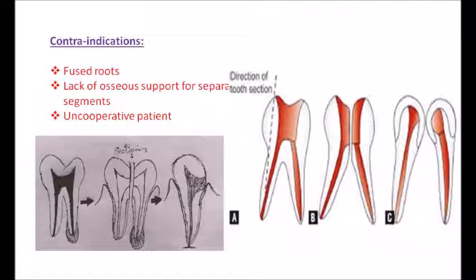So this completes the endodontic surgery part, where I have been talking about all the flap designs, and some points on other aspects like apicectomy and hemisection. The details about all the flap designs, why they are important, what things we should take care of, what the principles are for flap designs and incisions, and all the indications and contraindications for endodontic surgery procedures.